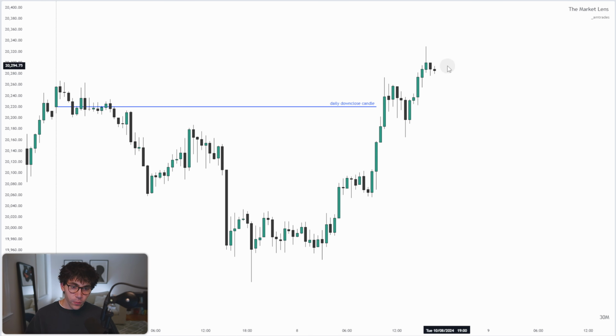Going into the daily open of Wednesday's candle where I'm expecting that continuation to take place, there's only two things that I'm looking for. One is a place for the intraday reversal to form, and the other is a bullish daily profile to confirm this idea to the upside. We already have this daily down close candle annotated on the chart where I'm expecting that to support price. But even more simple than that, in a continuation, I'm looking for hourly and 30-minute opposing close candles to support price along the way. So when I look left here on the daily open of Wednesday's candle, I'm looking for